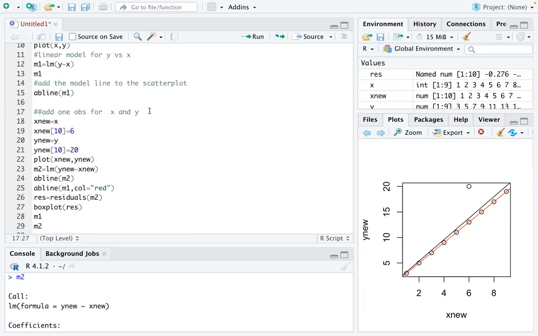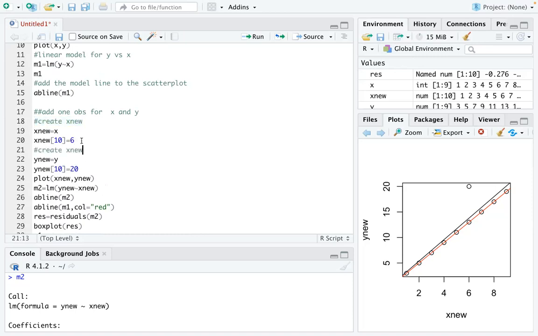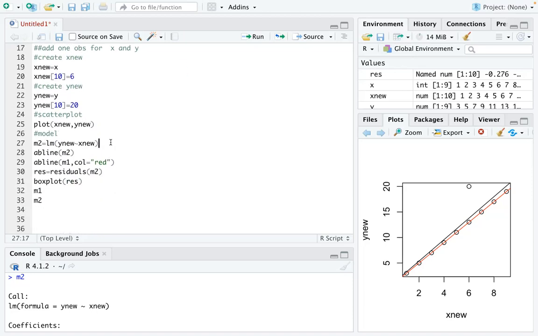So you want to have your data, you want to look at the plot, and then you want to build the model and see how the model fits your data. Create a new X, X new, and this one is to create Y new. And this one again is a scatter plot, and this one is the model. And the two steps here: add the model with 10 pairs of X and Y, but the next one is add the model line